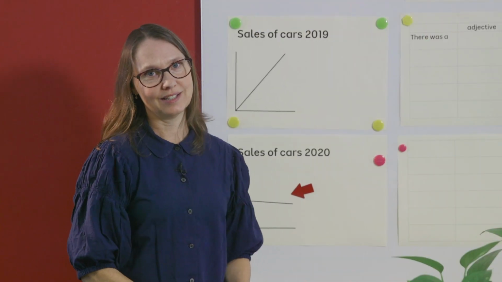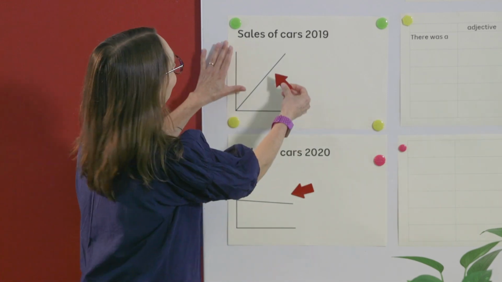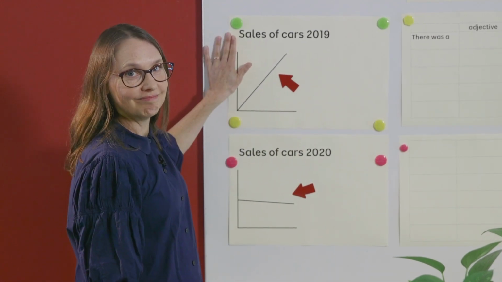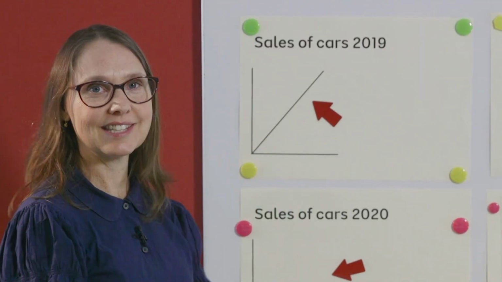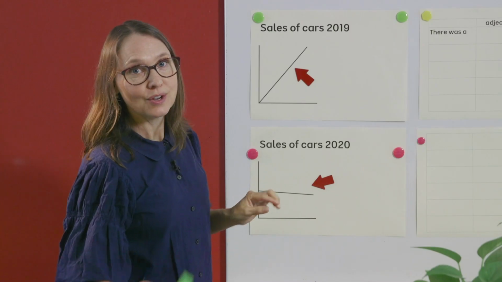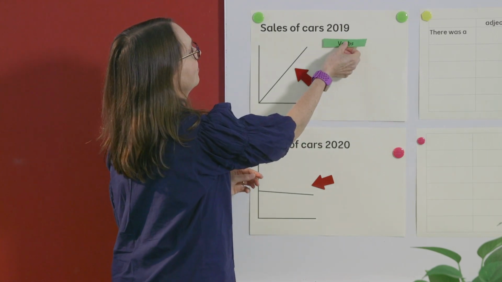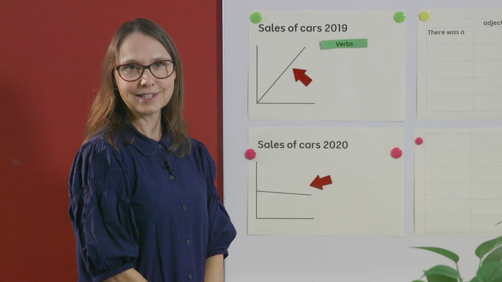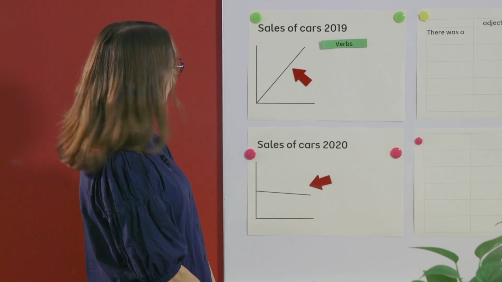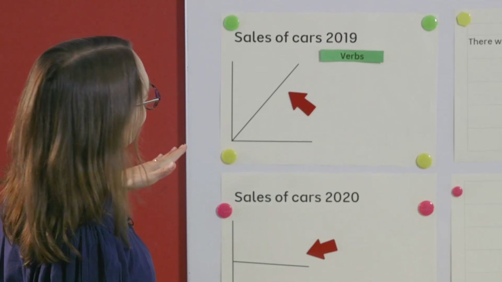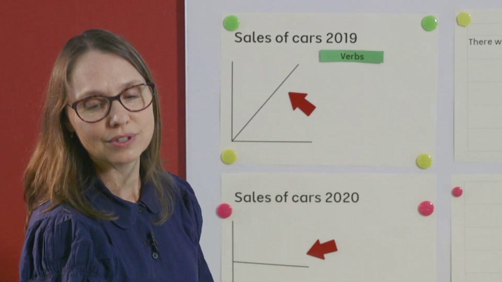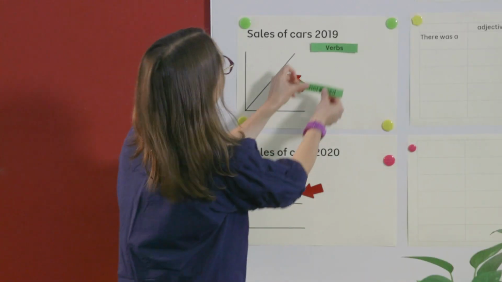Here's a piece of data. Let's look at this graph about the sales of cars in 2019. What happened to the sales of cars? We can use verbs to help us with this. Can you think of some verbs to describe what happened over the year? Because the line is going up and up and up, you can use verbs like